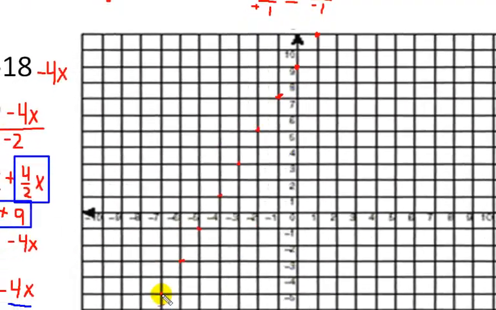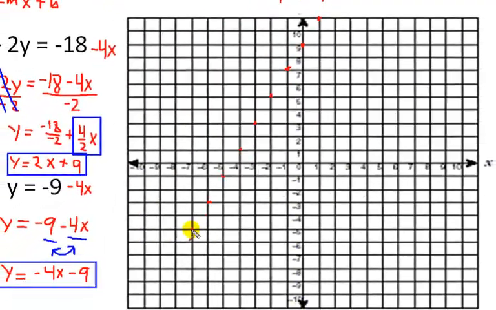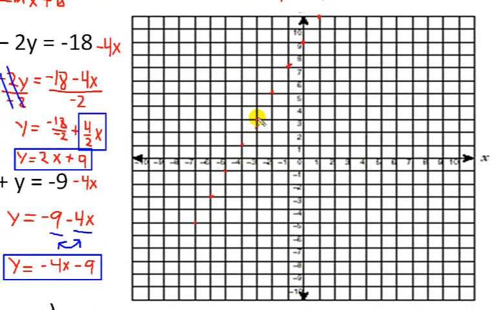I think I have enough points now. I'm going to go ahead and make my line. So I'm going to use my arrow, and this line is going like so. Okay, I just graphed my first equation. Now let me graph my second one. So my y-intercept on this one is negative 9,